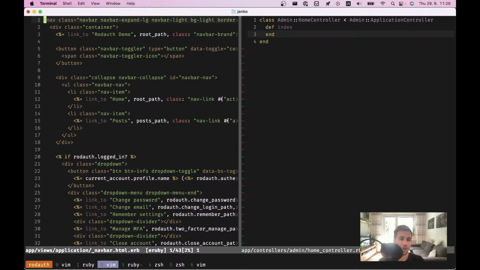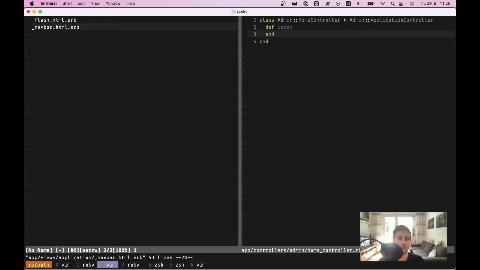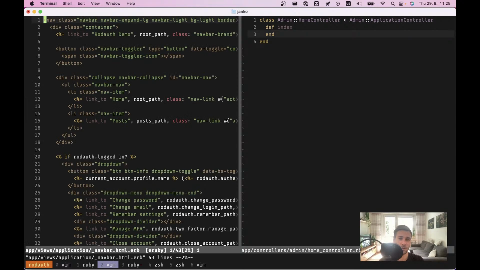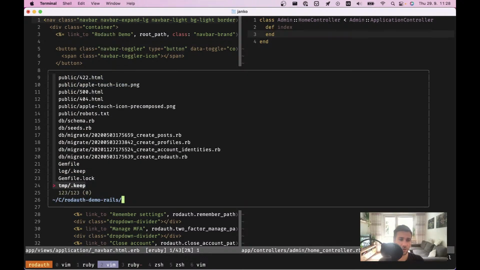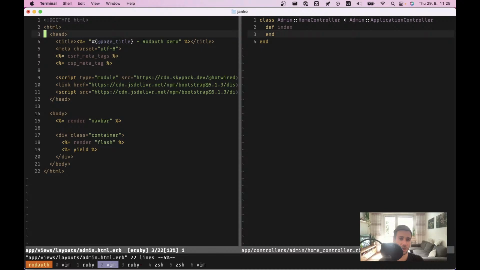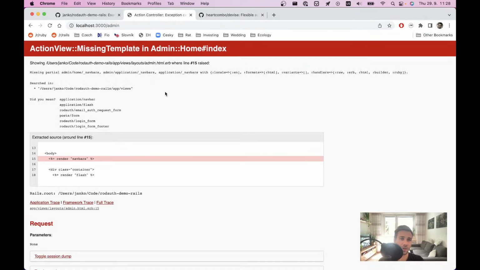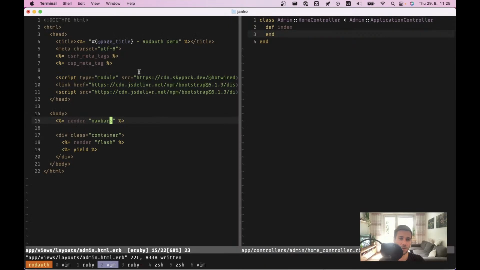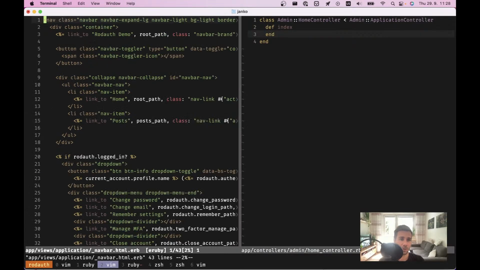Yeah, let's actually confirm this by seeing where the controller actually searches, what are all of the paths it searches. So I will check this by causing an error by rendering a partial that does not exist, and then it will tell me. So it searched here, yes, in admin application, yes. So that confirms my theory, and the next one is application. So I will create an,